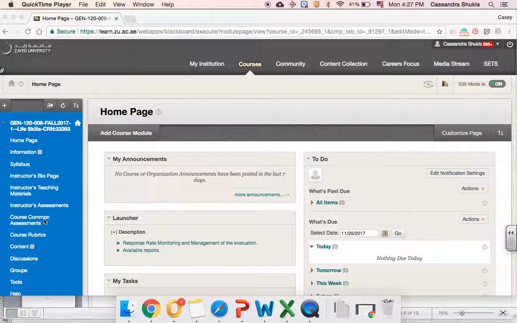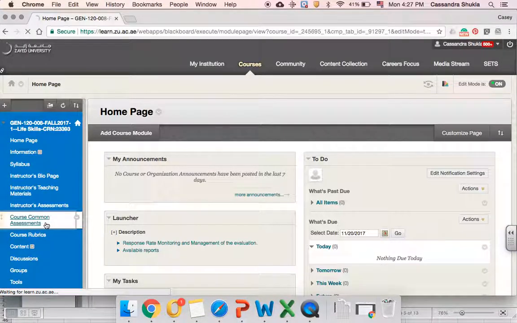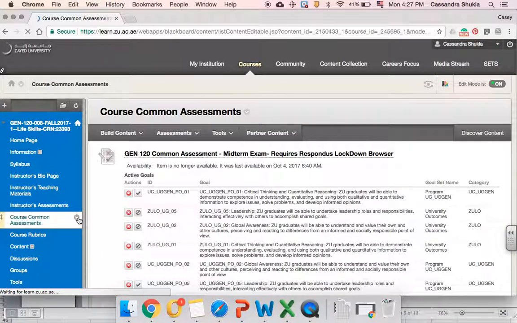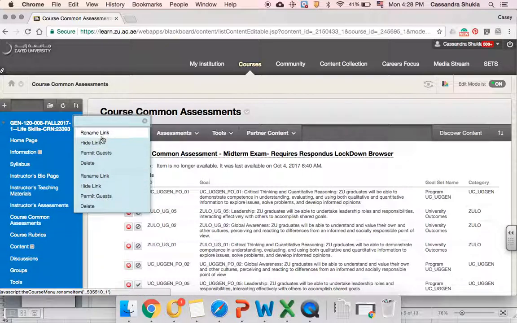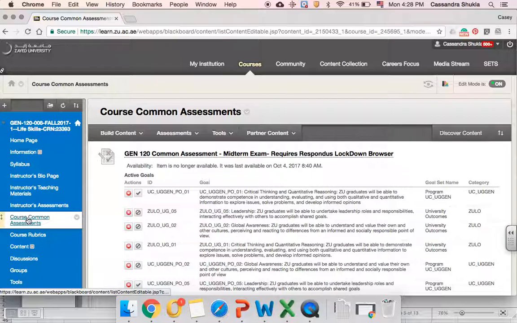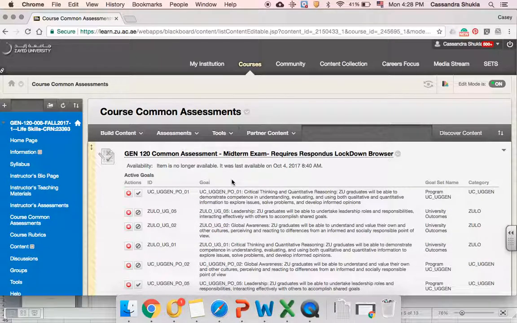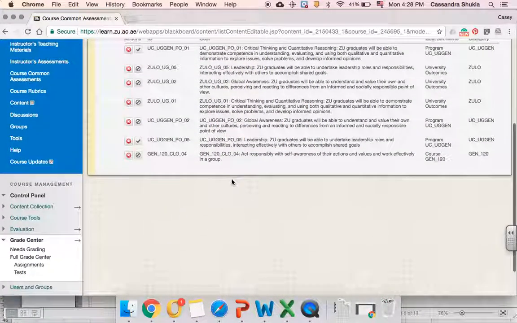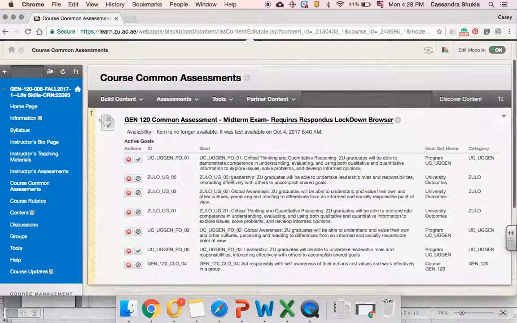area. Now, if you have recently hidden the link for any reason, maybe you were worried about it and you didn't want students to really be able to see it, you'll need to make sure that the link is viewable, so that way the students will be able to see it. So my link is viewable. I go into Course Common Assessments, and if you remember right, this is the only thing that lives in this